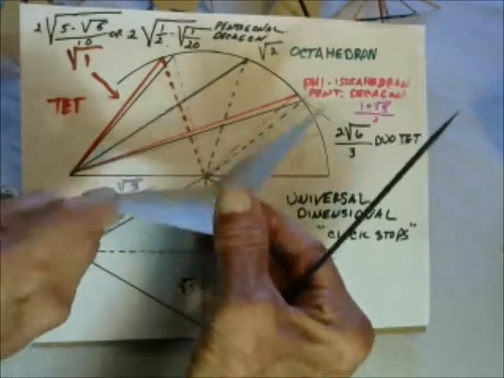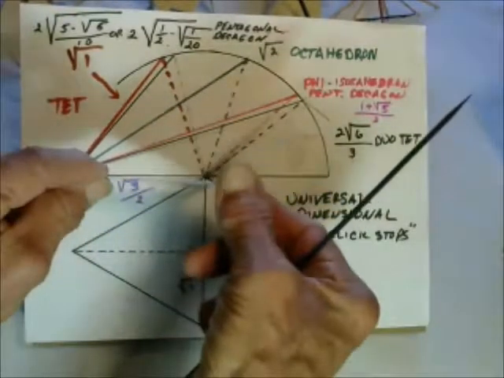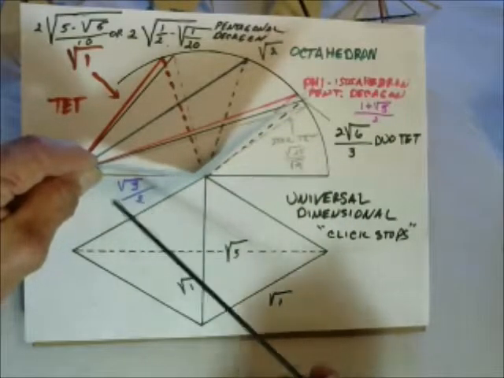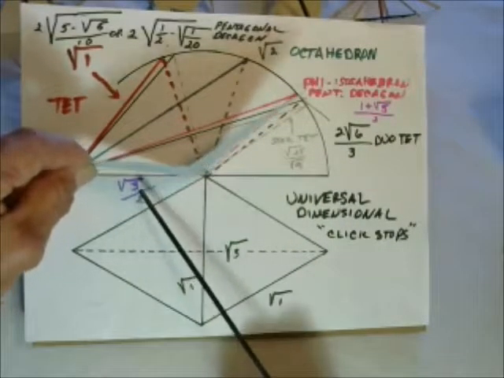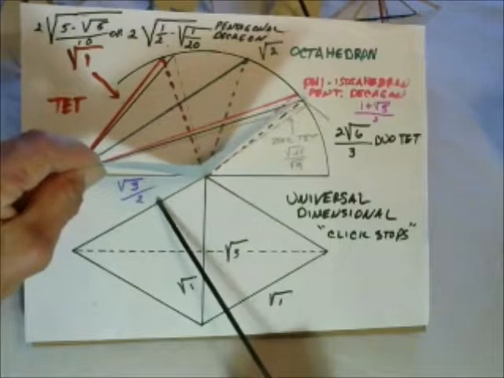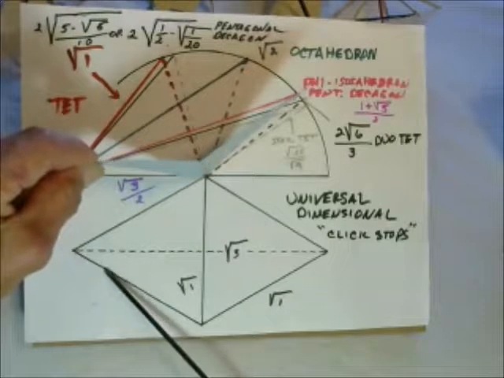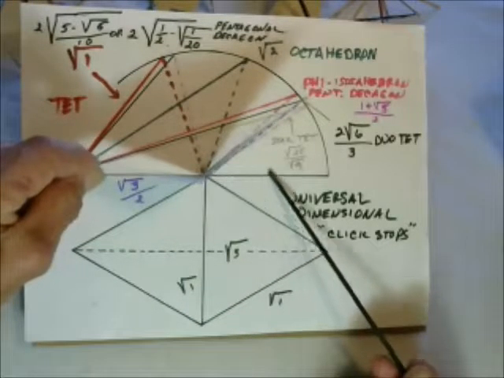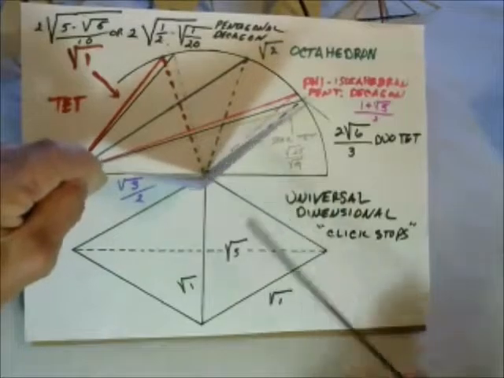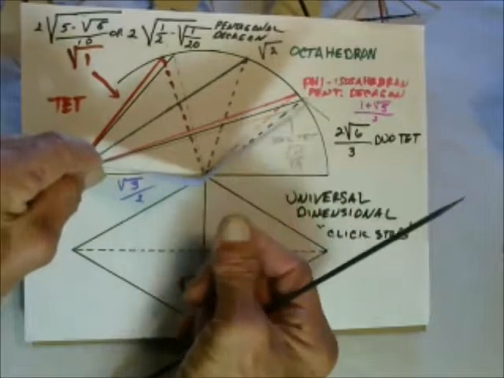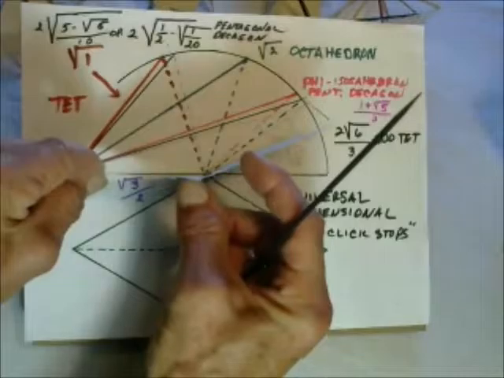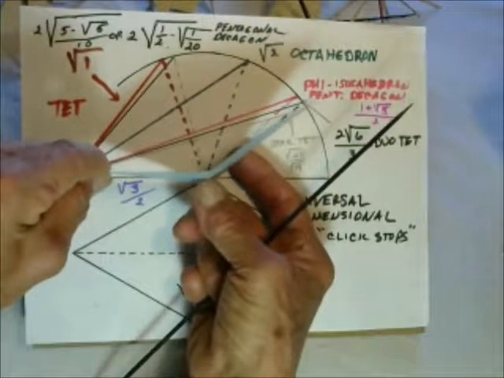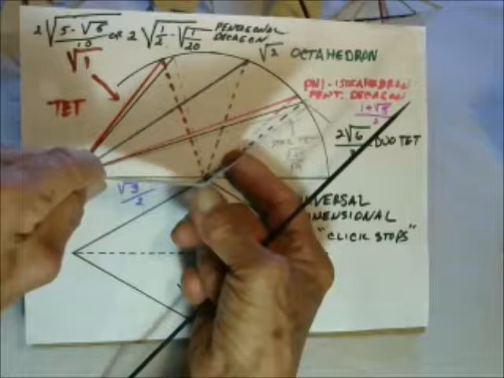All right. What we have is this turned this way, and so this dimension, as you would view it here, becomes 1/2 of the square root of 3, even though here it's 1, or the square root of 1. But visually it'll be shortened because you're looking at it from an angle, right? So here we have the angular relationship, and the first click stop is the star tet,